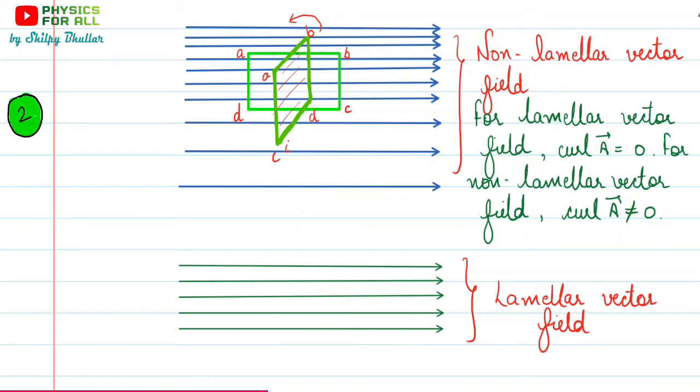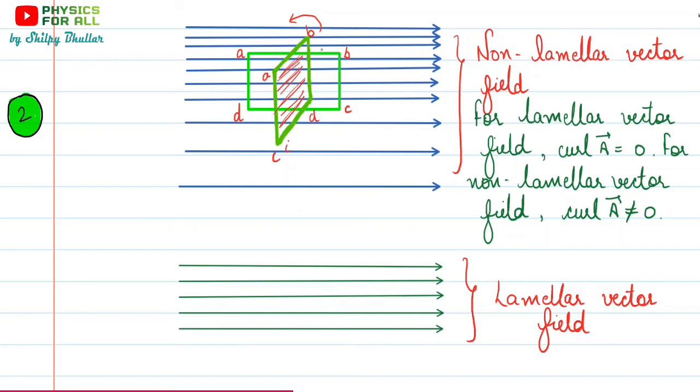Now, when the vector field is normal to each side of the rectangle, so in this shaded one, suppose we say that this rectangle is moving, curl is there. In case of this original ABCD, this rectangle was in the direction of vector field. It was making 0-degree angle with the vector field. But in case of this rotated one that I have highlighted, this is perpendicular to the vector field lines. So basically we have shown this form of rectangle to be at the angle of 90 degrees to